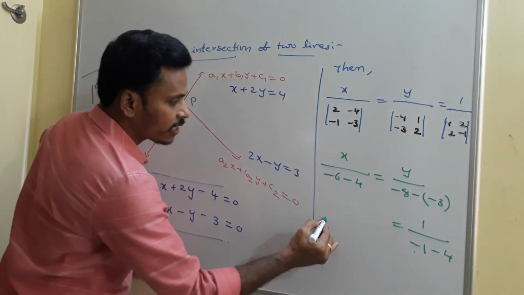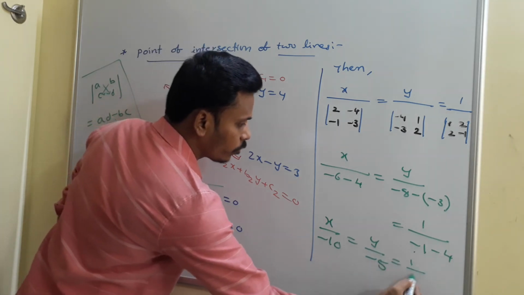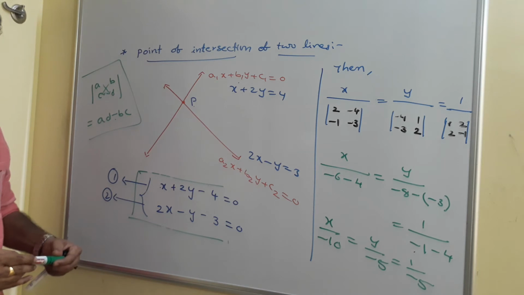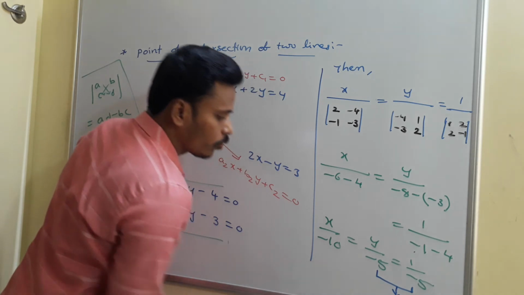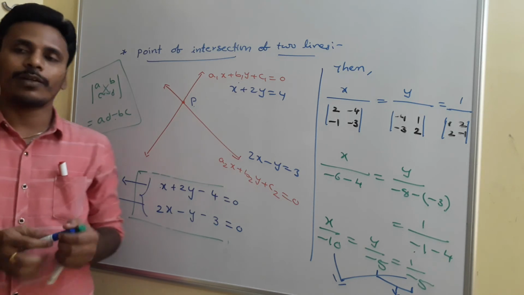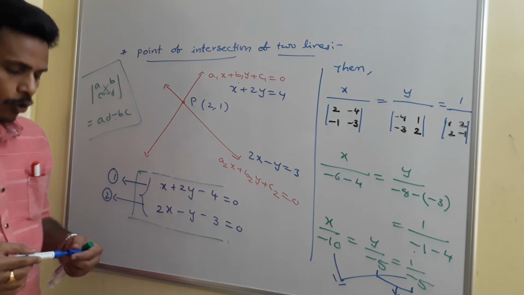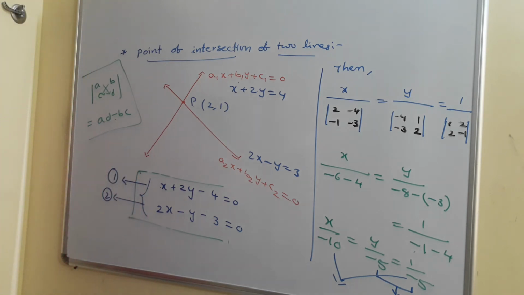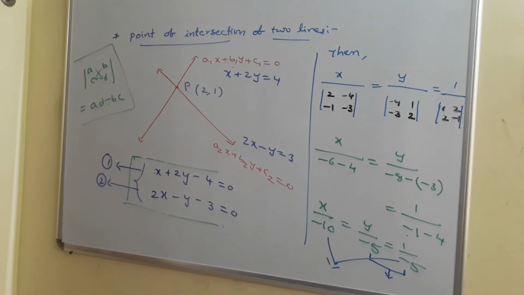Then in the next step it becomes x by minus 10 is equal to y by minus 5 is equal to 1 by minus 5. Then it is very easy to identify x, y. So equalize these two. You will get y equals 1. Equalize these two. You will get x equals 2. And at the end your values of x and y are 2, 1, and this point of intersection is (2, 1). Have a look there. This is the way of solving two lines for the point of intersection, or two linear equations in two variables, just to calculate the common point for those two.